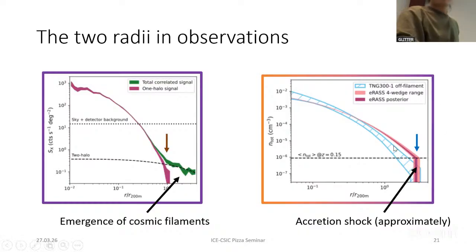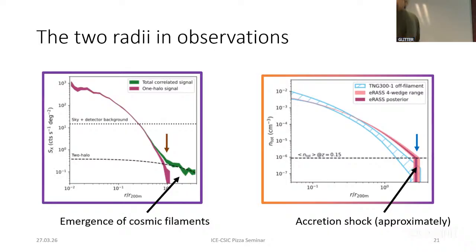And on the right panel, you see that at about 3 times R200m, our best-fit model cuts the average gas density at the baryon density at that redshift, our median redshift. It tells us that approximately at that radius, the gas density meets the shock